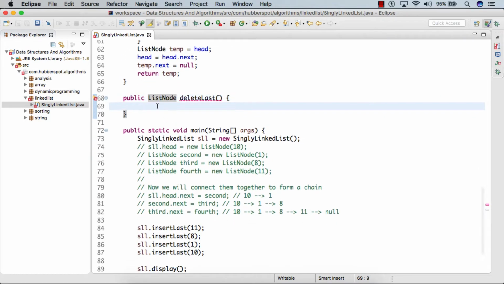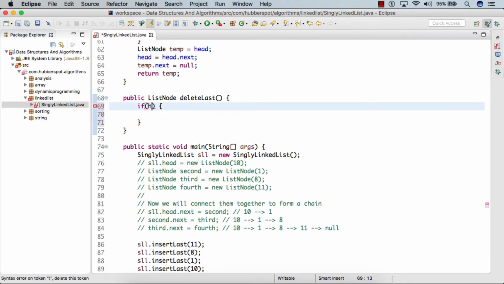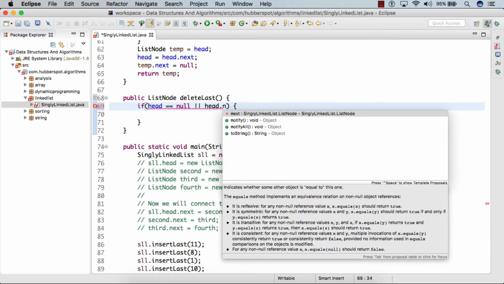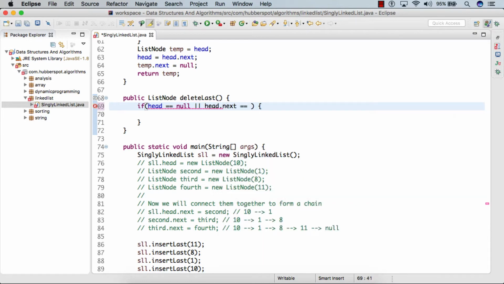So in our previous video we discussed that the first thing we do is we simply check whether head is equal to null or not, and we also check whether head.next is equal to null or not. Now why do we do it? Because the condition head equals null will signify that the singly linked list is already empty and there are no nodes to be deleted.